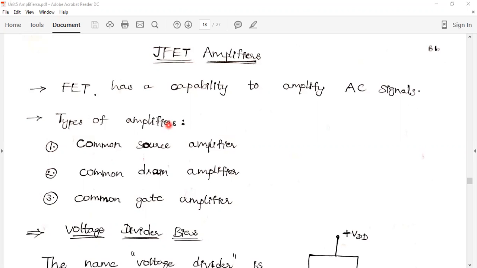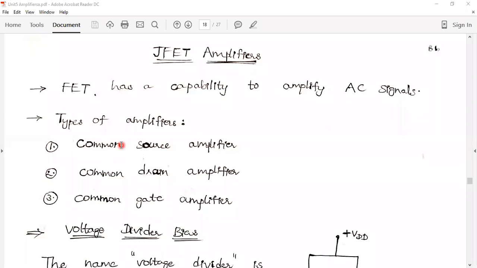FET has a capability to amplify the AC signal also. Similarly, whatever the BJT does as an amplifier, the same feature is applicable for the FET also. Field effect transistors can also amplify the AC signal. The types of amplifiers